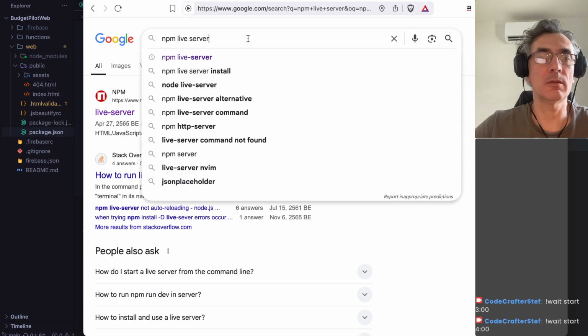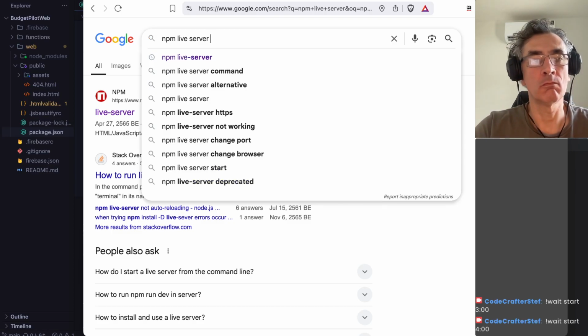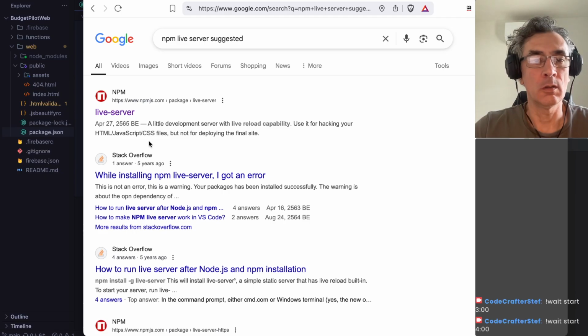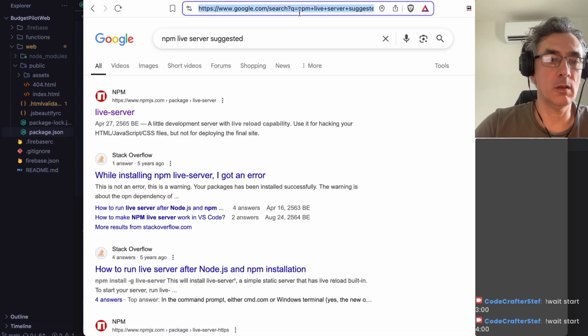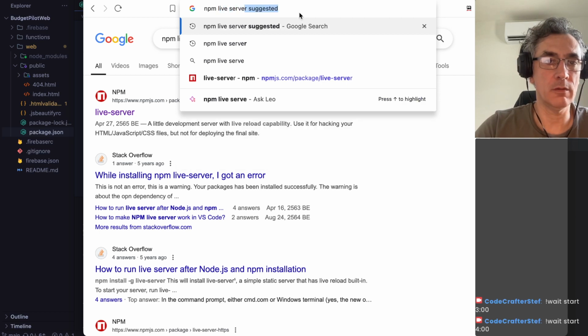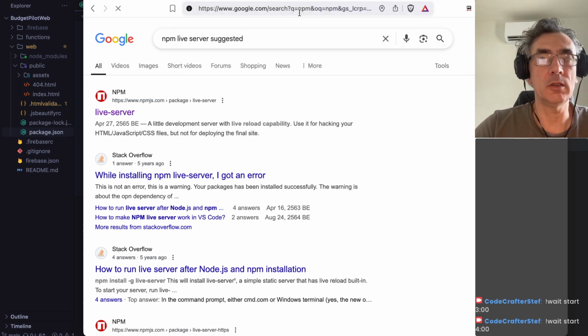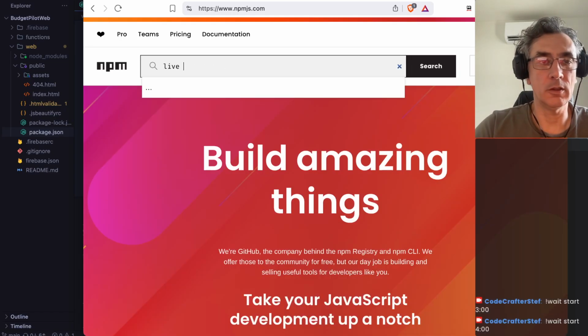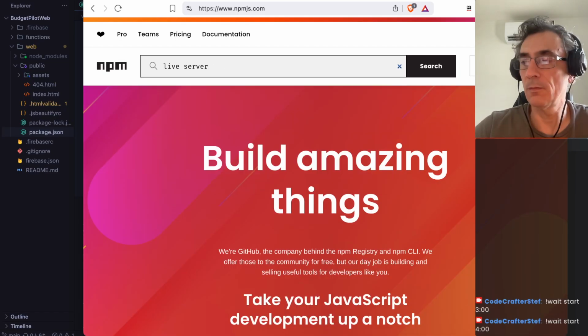Live servers suggested. Okay. npm live server, npm registry. If I search for live server here,